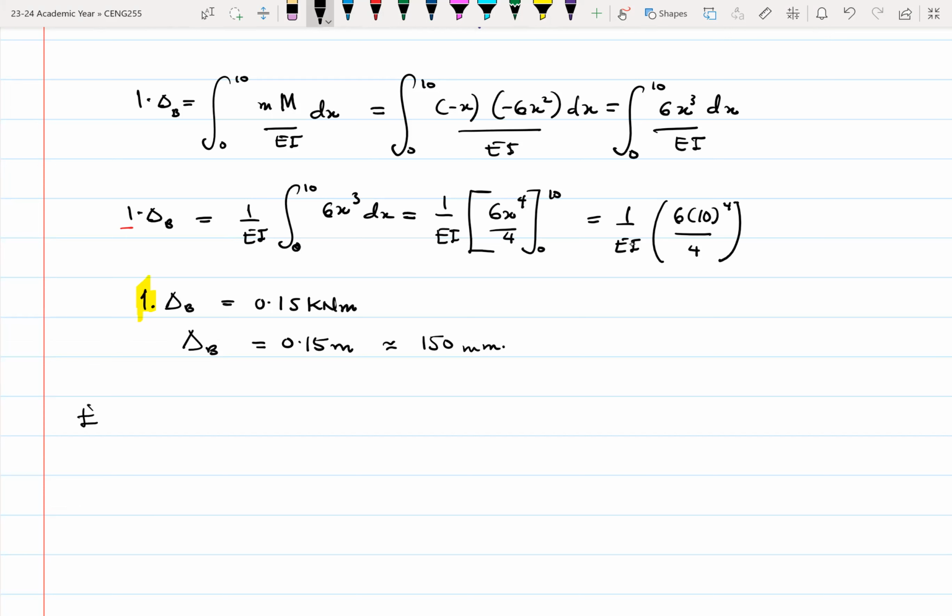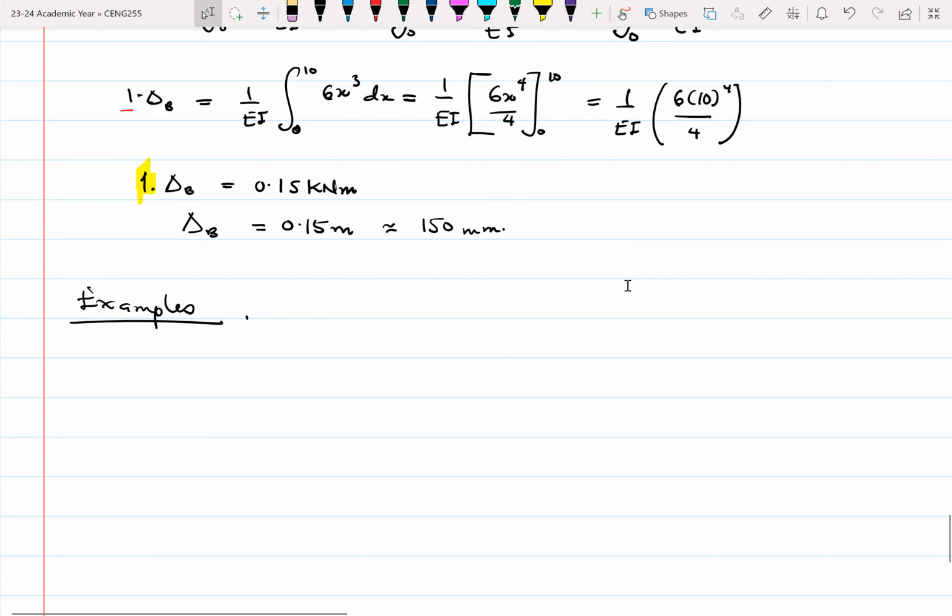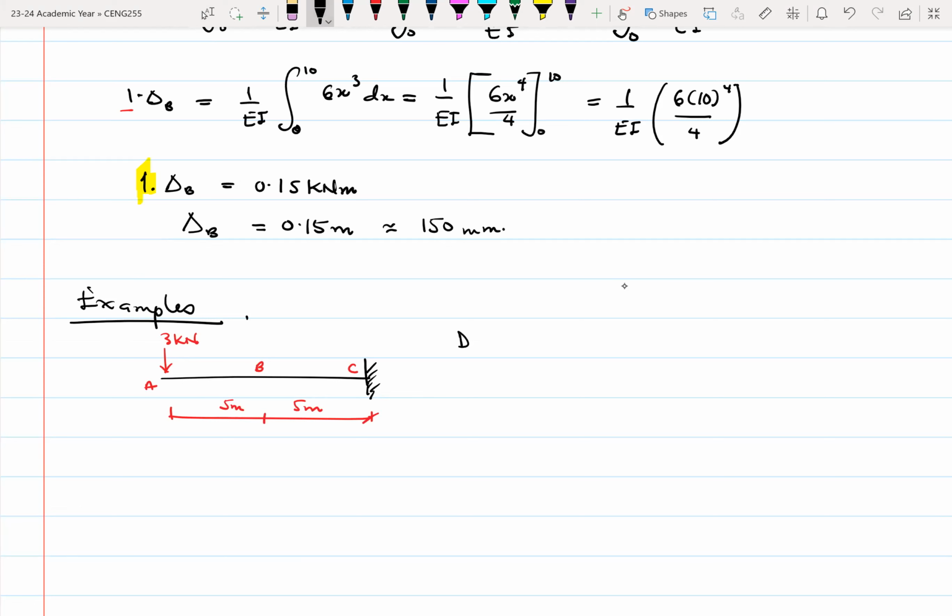Let's look at another example. Okay, so I'll just focus on more examples. We'll solve a more complex one going forward. So let's say we have, and again, another cantilever. Okay, and it has this external load, 3 kilonewtons, acting at, let's call that point A. Let's call this point in the middle B. Let's call this point C. Okay. So 5 meters each. And it says we are to determine